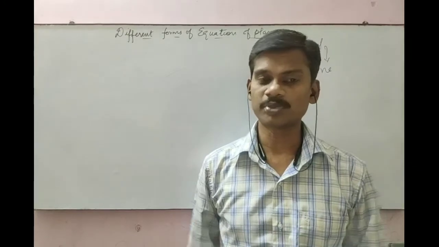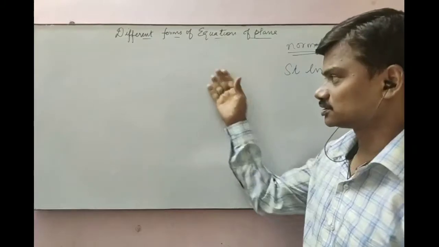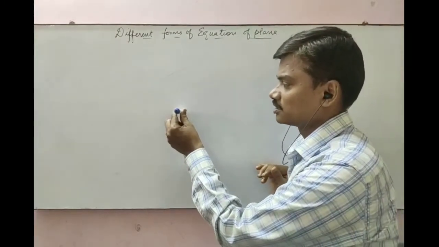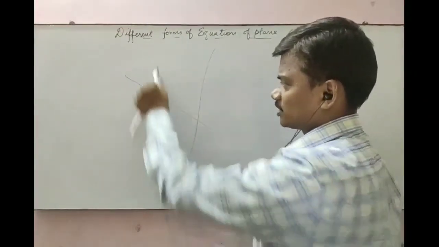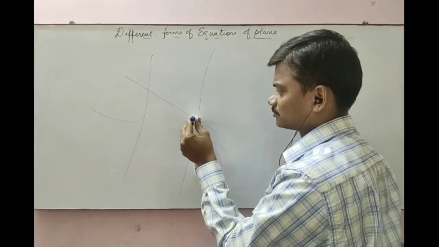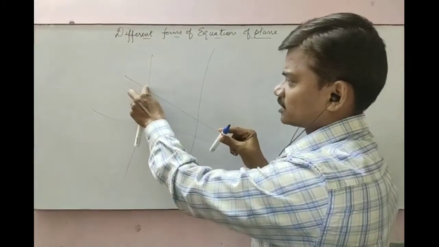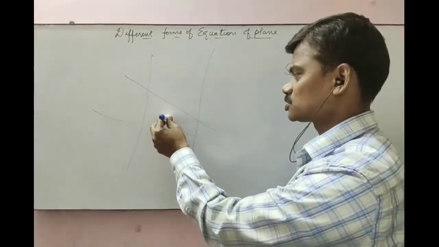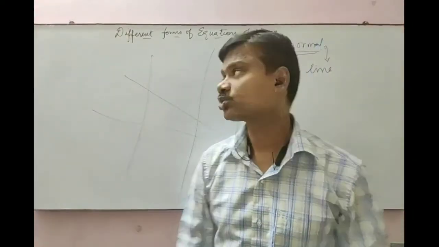Normal to the plane is perpendicular to every straight line lying on the plane. So normal to a plane. This is a normal. This is a plane, and this line is called the normal line. This normal line is perpendicular to every line in this plane. In the plane இருக்கிற எல்லா லைனுக்குமே normal அப்படின்ற இந்த வெக்டார் which is perpendicular to this. இதுக்கு perpendicular, இந்த line perpendicular. For this line also it is perpendicular. For this line, every line it is perpendicular. So the normal is perpendicular to every line in the plane. So these two concepts you have to know.